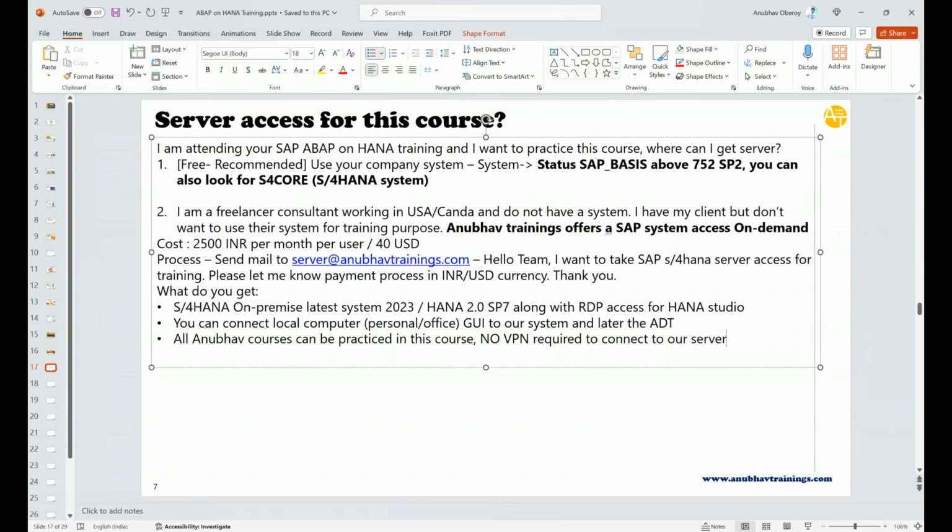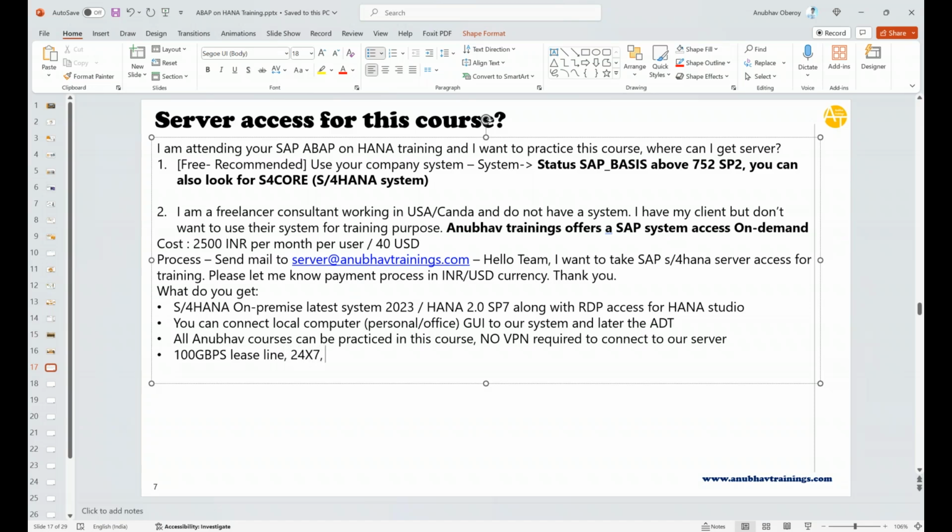No matter which country you are in, even if you are in Brazil, South Africa, or the farthest countries like Chile, or Czechoslovakia, any country you are in, you can access our server from anywhere in the world. This server is running on a 100 Gbps leased line. So the leased line speed is amazingly fast. It's a private line on which it is running with 24 by 7 availability,